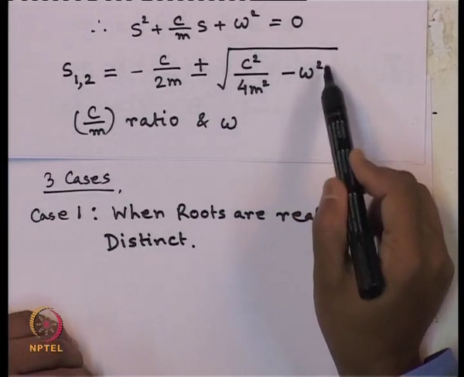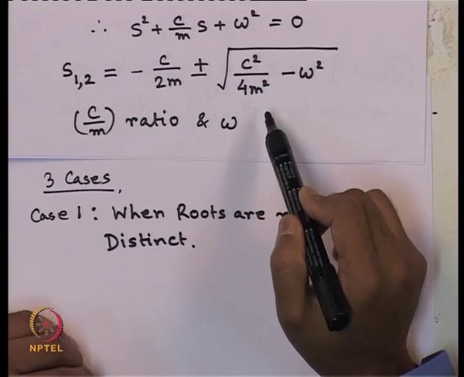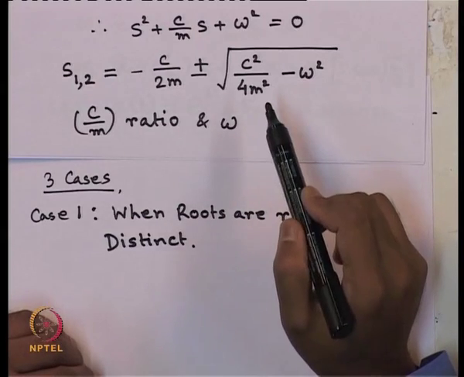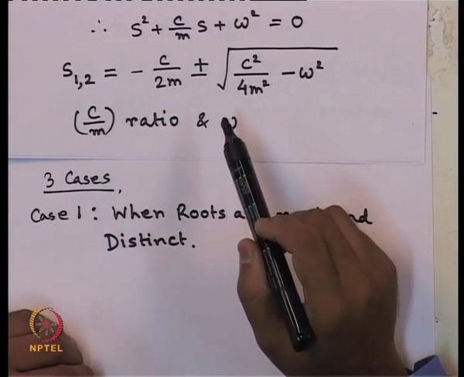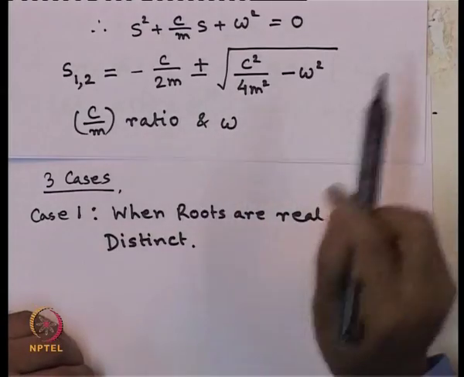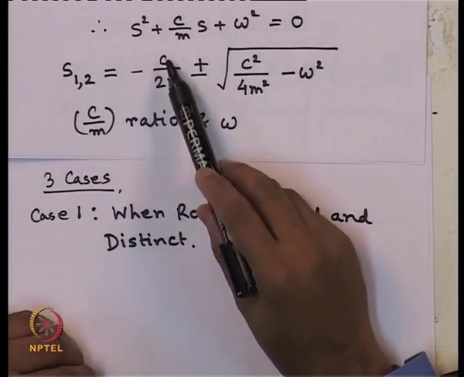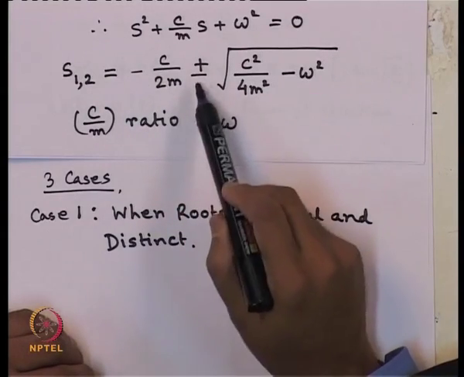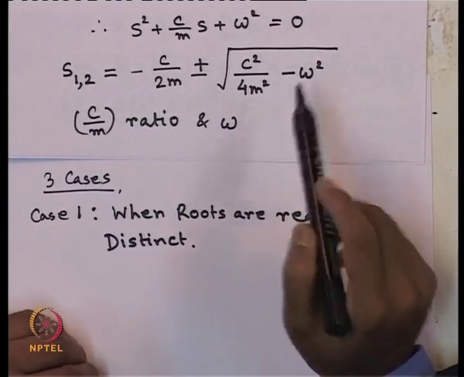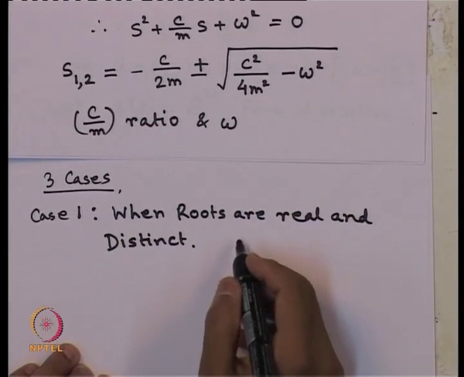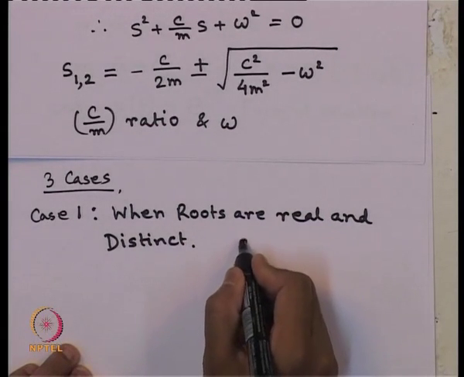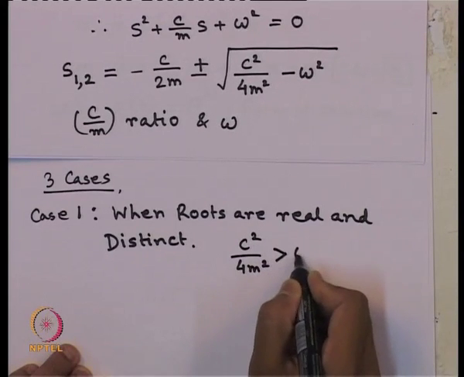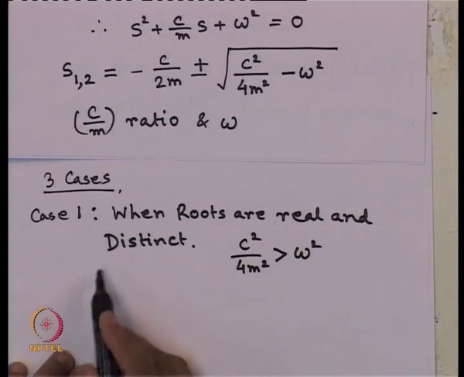When will that condition occur? When this under root term is positive. In that case, we will get real value roots and they will be distinct. Two roots: one is minus c by 2m plus this value, another is minus c by 2m minus this value. So, the condition for this is c square by 4m square has to be greater than omega square. Then we will get this case 1,